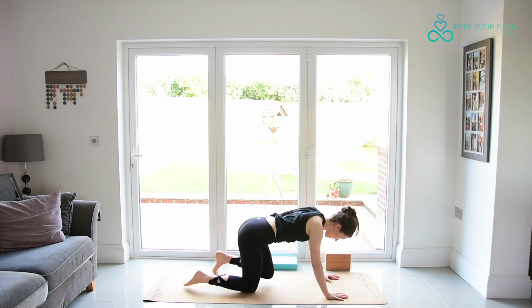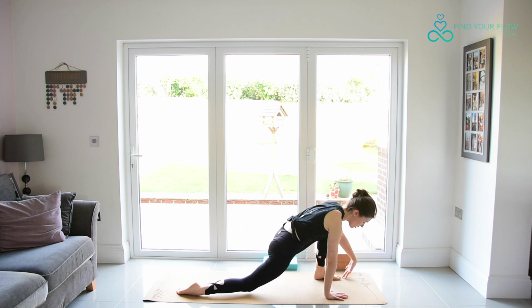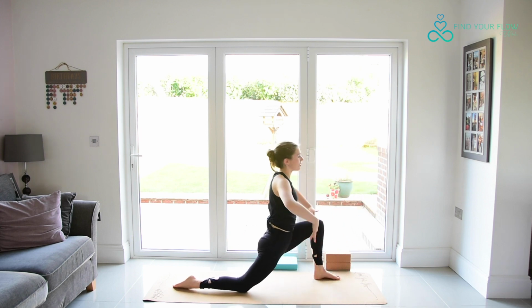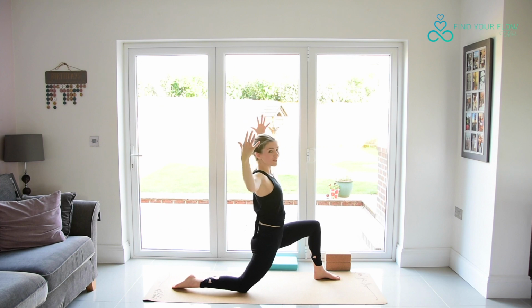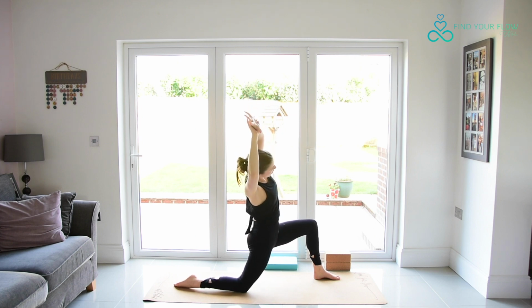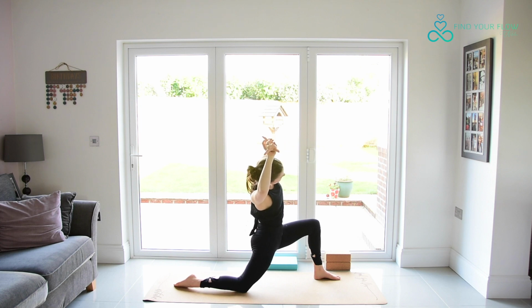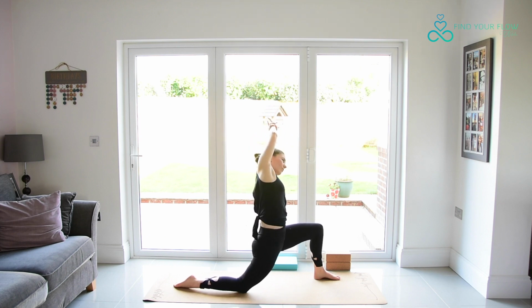We'll send the left leg off the earth behind us and step it all the way forwards into a lunge. Fingertips rise, elbows soften, cactus arms. Then taking our left wrist with our right hand, we'll fold over to the right side, keeping the front knee over the front ankle. And then taking the left hand to the right wrist, we'll reach over towards the left side. Breathing in,